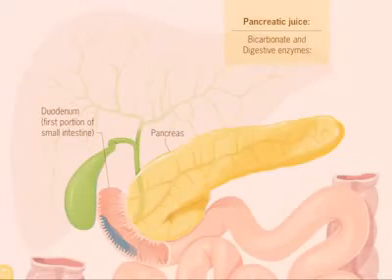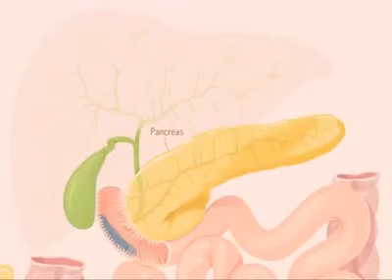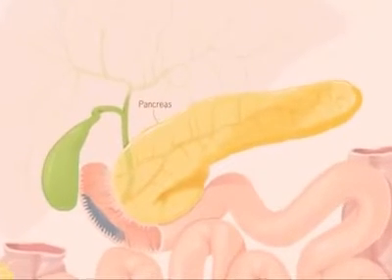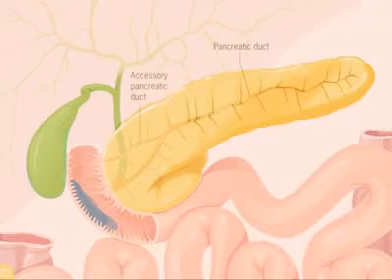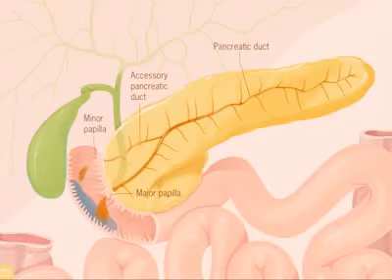The major digestive enzymes are amylase, which digests carbohydrates, lipase, which digests fats, and protease, which digests proteins. When pancreatic cells release the juice, it flows through tiny pancreatic ducts, which lead to the main pancreatic and accessory pancreatic ducts. Then, the juice is released into the duodenum through the major and minor papillae, where it mixes with